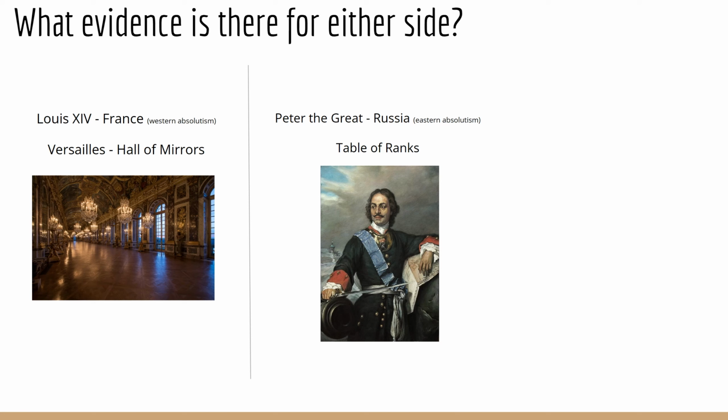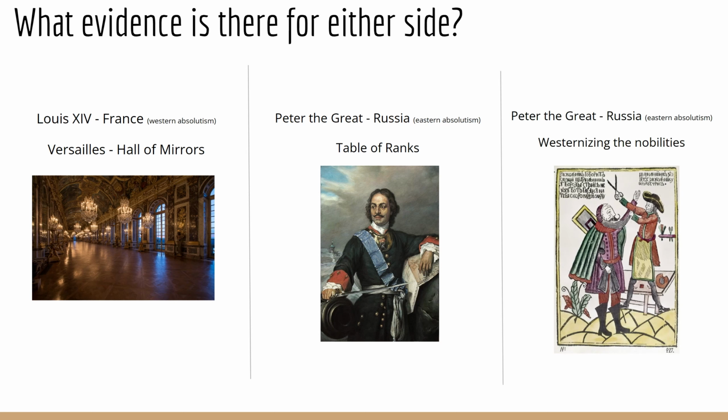Secondly, the Table of Ranks remarked the uniqueness in Russia's absolutism development. With the Table of Ranks, Peter the Great compromised with the nobles by legalizing serfdom and therefore having them work in the state government. Another unique method that Peter the Great used to persuade his nobles to submit their power is by imposing Western culture upon them. Like we can see on this image,